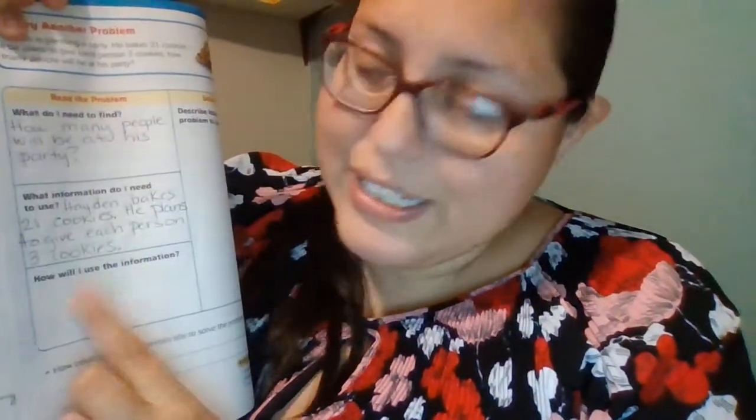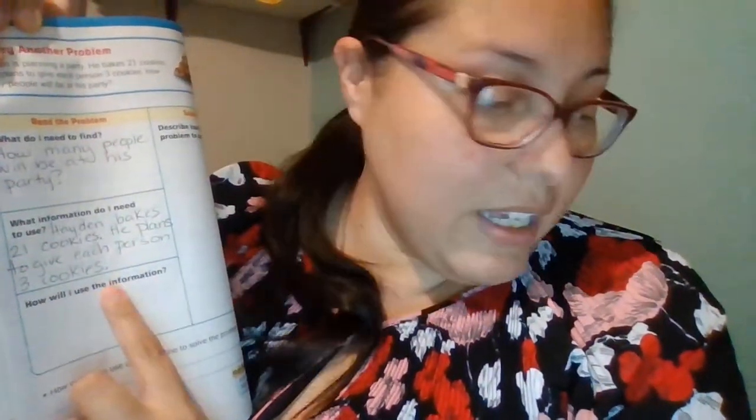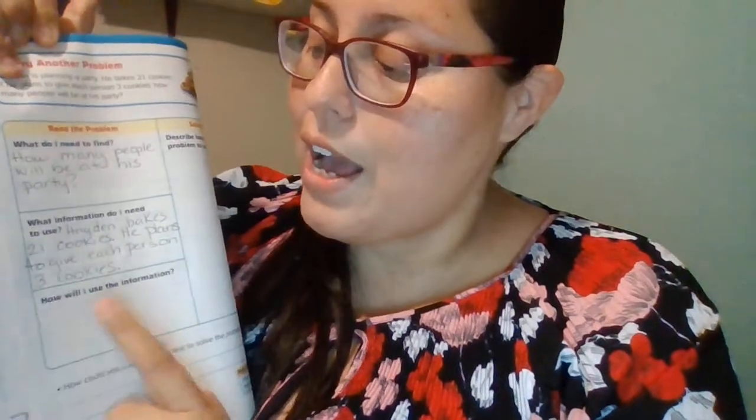And last, on this side, it says, how will I use the information? What are we going to do? We're going to act it out. I will act out the problem. Let's write that first. I will act out the problem by making equal groups with